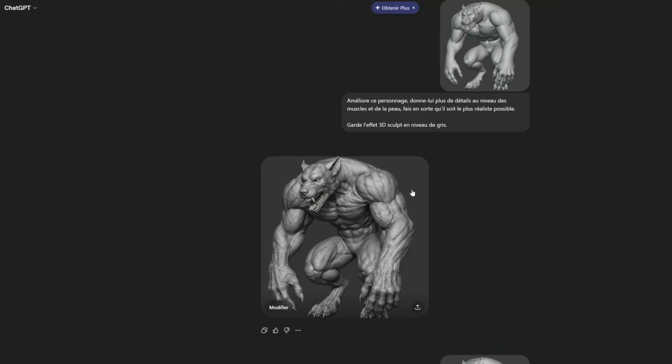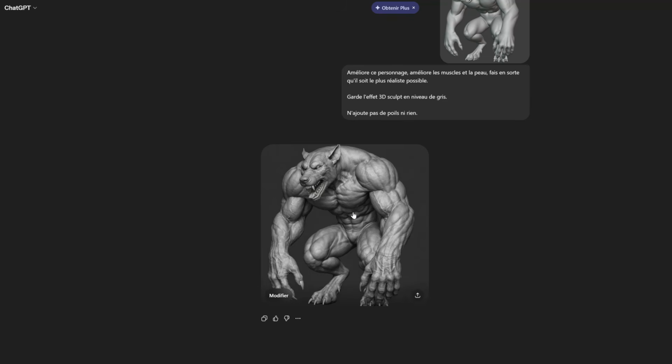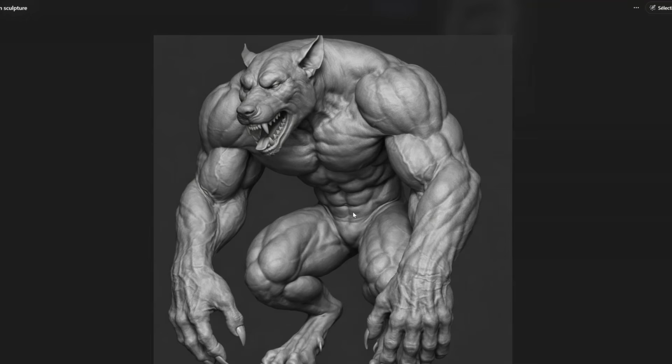After that I asked for something different, and it gave me this result. Once again, I think there are too many details on different parts, but some parts are not so bad. This one I like. For the head, this is not so bad. This part is not correct. This part is still correct. I like it. This hair is not good, but this part I really like. It's better than what I did.